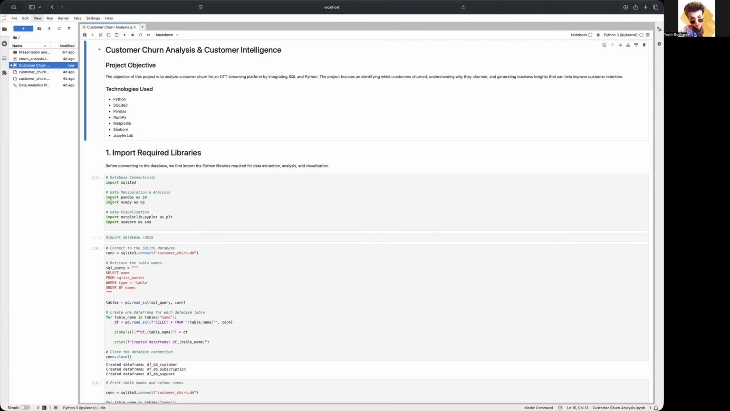The third is import numpy as np. NumPy is used for numerical calculations. It supports mathematical operations, arrays, missing values handling, and feature engineering. So NumPy is imported using the standard alias np. So import